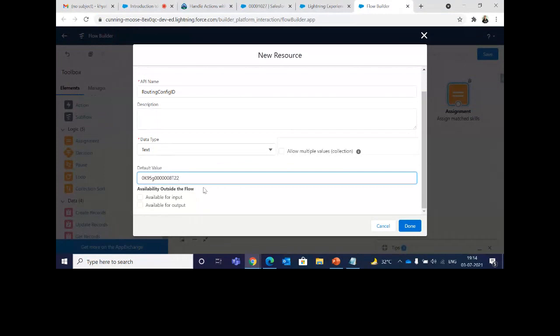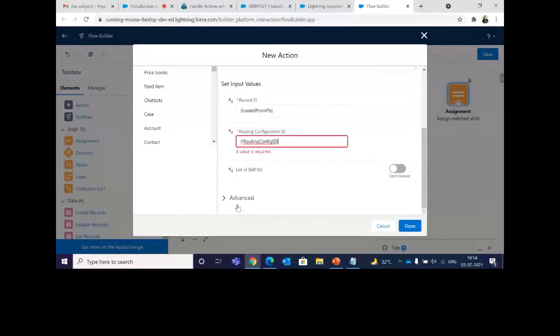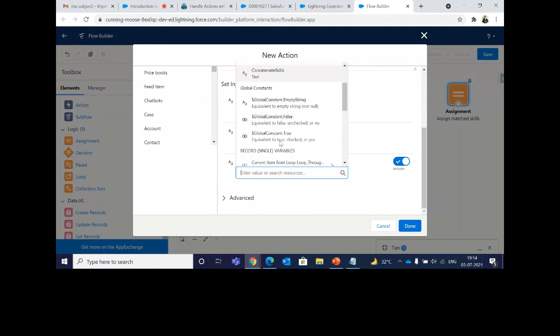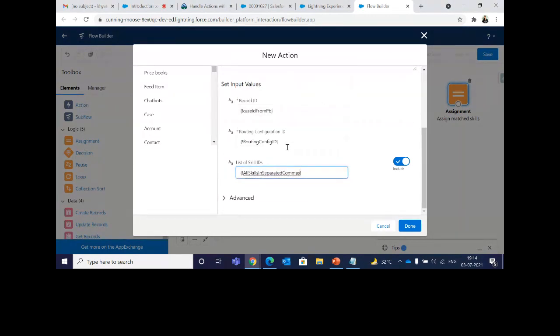Okay, so this is done. Just click on done. Once you're done with this, you need some skill IDs as well. So click on skill IDs, and I'll need all the skills that are separated by commas. And just click on done.